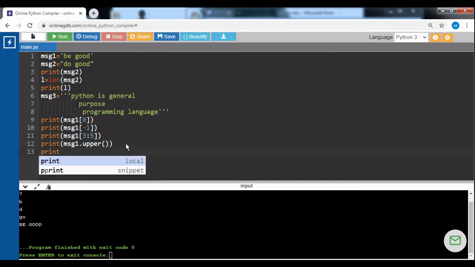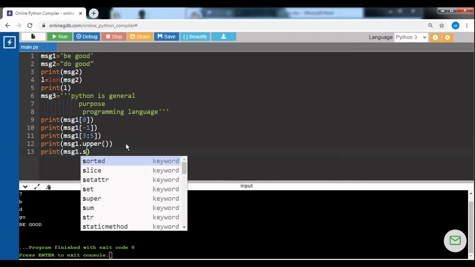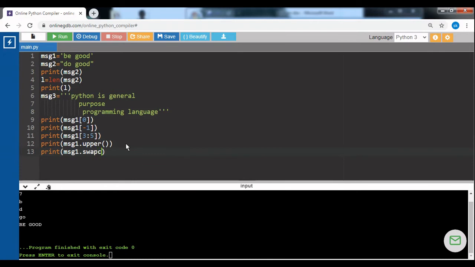So print message 1 dot swapcase. If we don't know what the string literal is, we can directly go for swapcase. It will just convert. If it is lower, it converts to upper. If it is upper, it converts to lower. So this is what swapcase does.